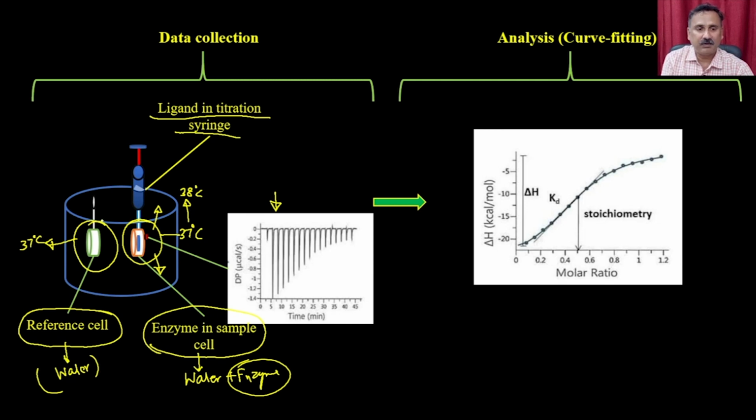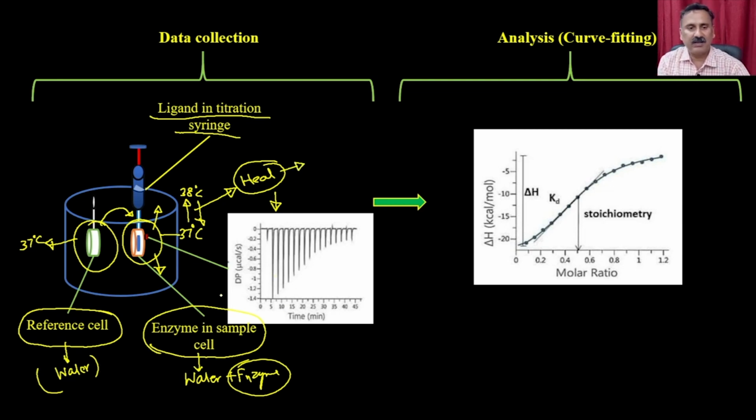So the reference is 37. What will happen is that you are going to spend some energy, right? You are going to withdraw some amount of heat from this particular cell so that it returns back to 37, right? This amount of heat that is utilized to bring the 38 to 37 is going to be given here, right? And that's how this heat can be plotted against